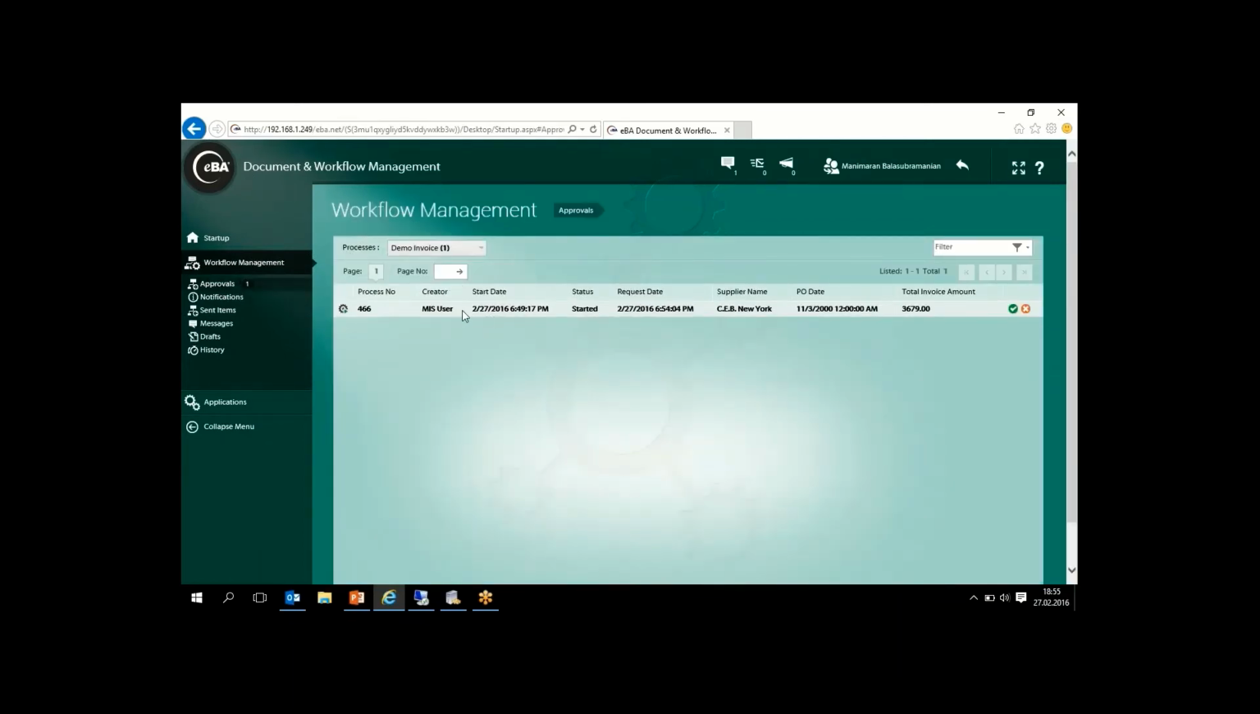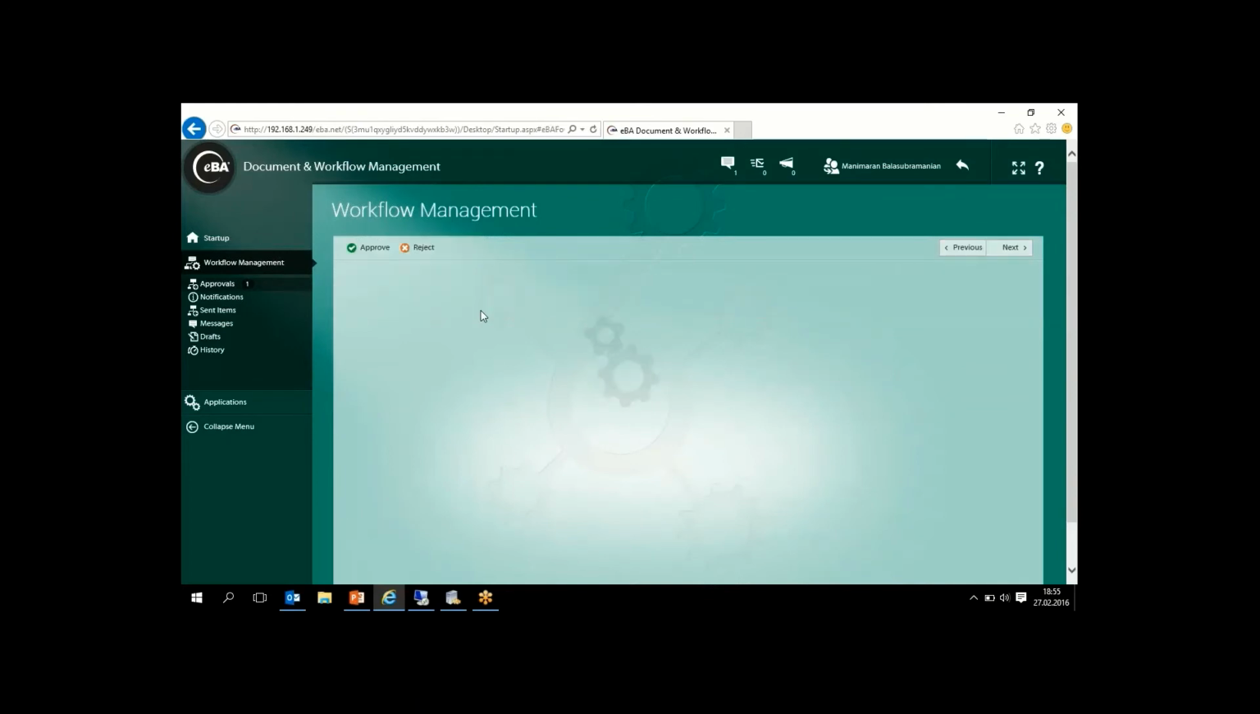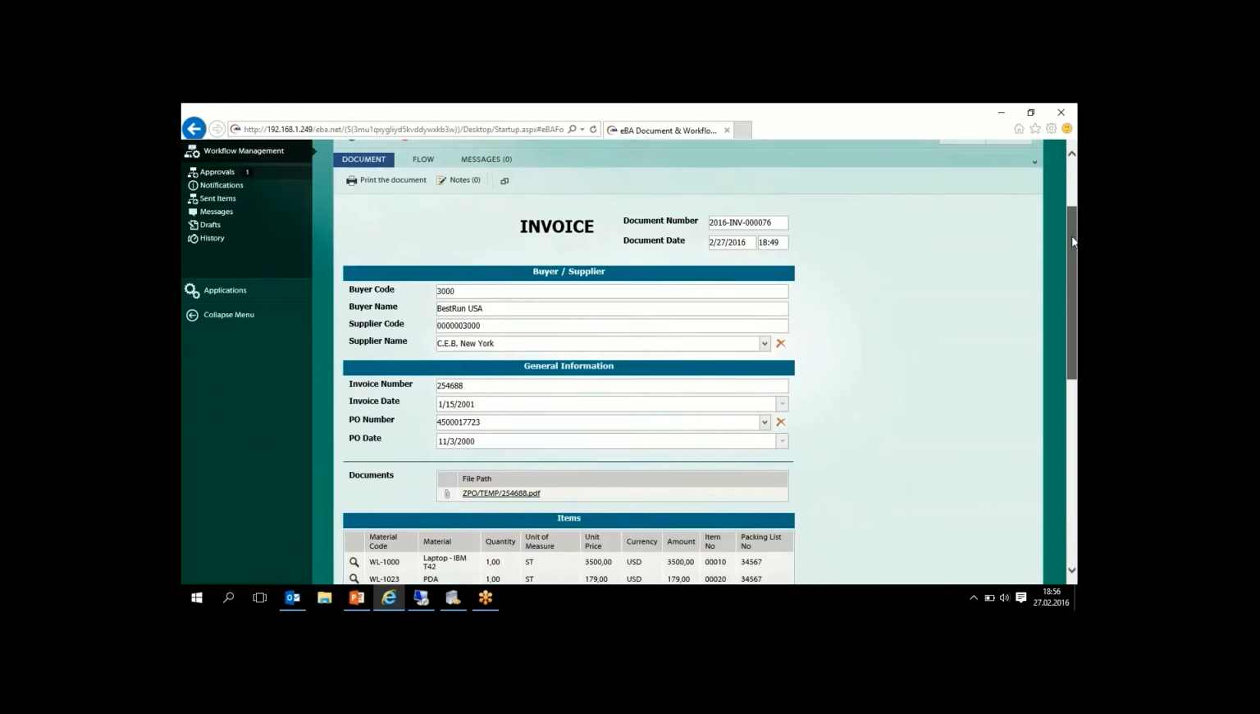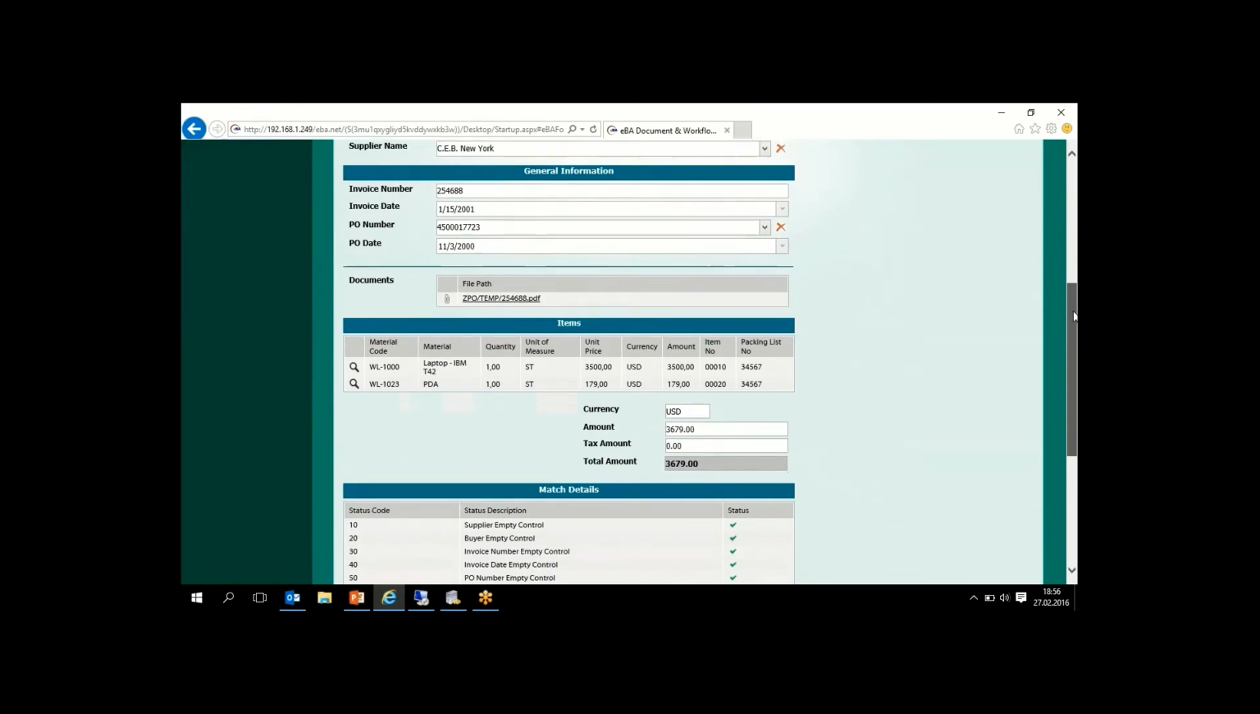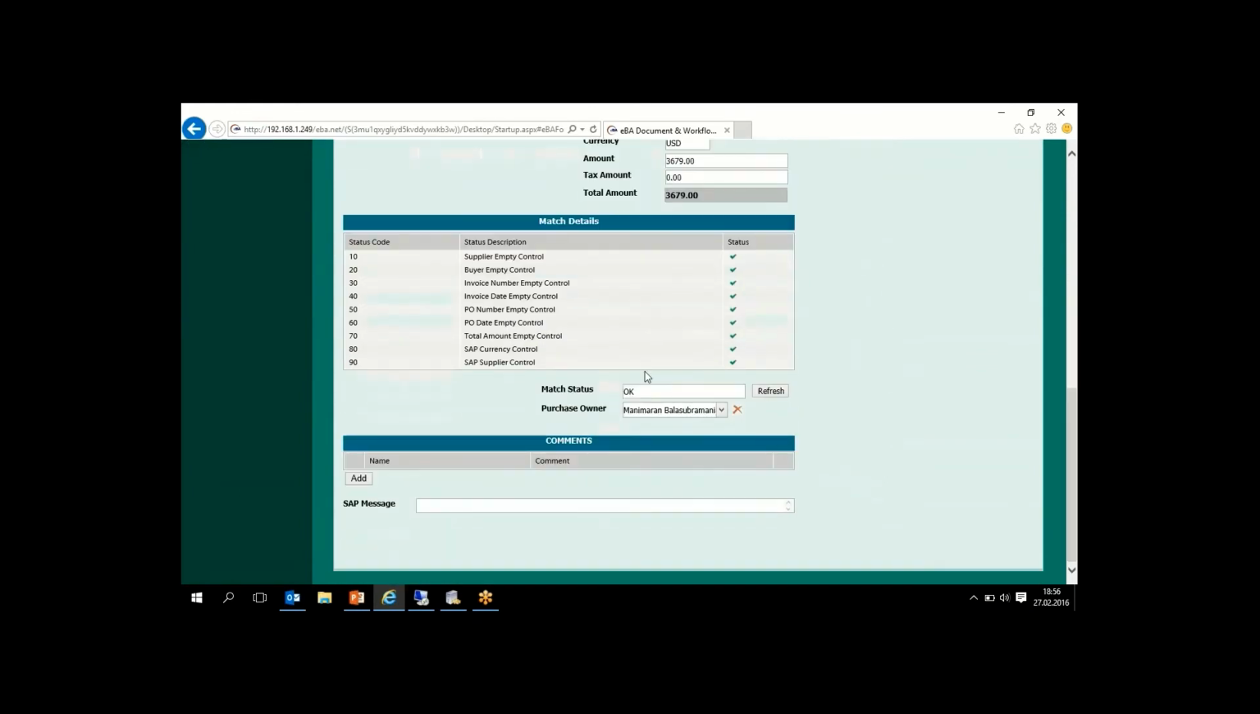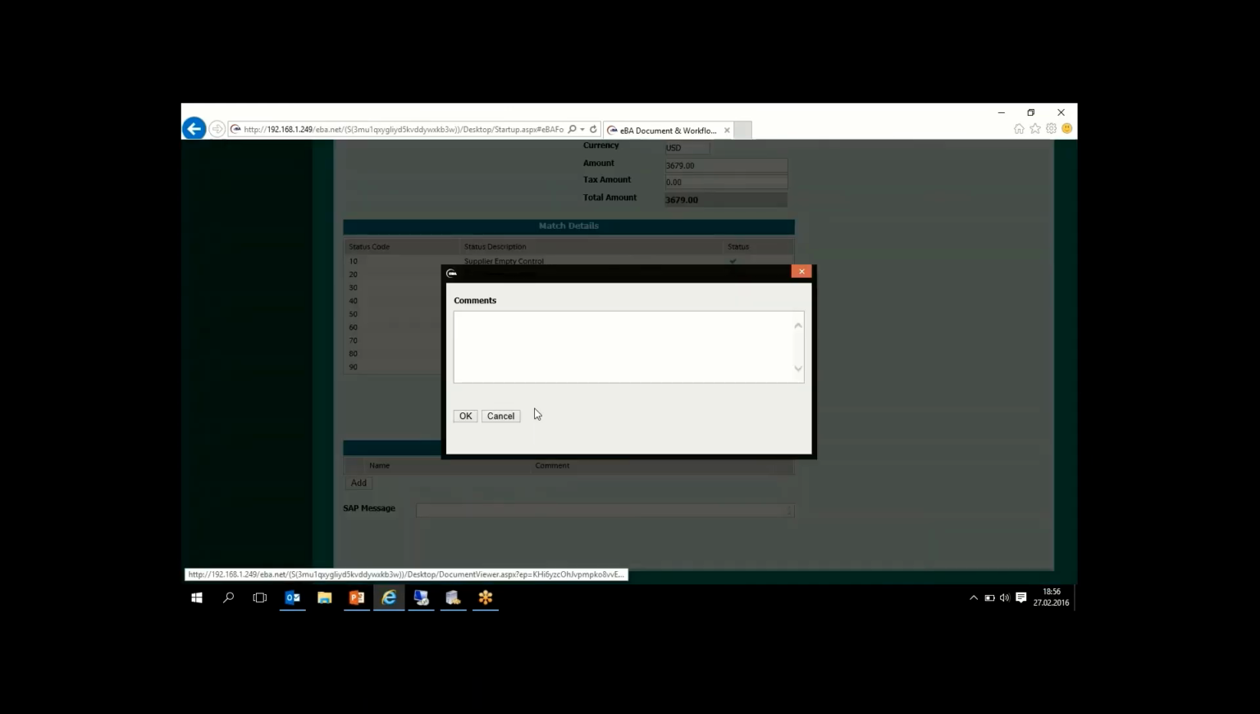As you see, Manimaran has one waiting approval in the system, and he can review the details of the invoice, like an accounting user, and also he can add a comment to this process. For example, after the reviewing, he can say it's